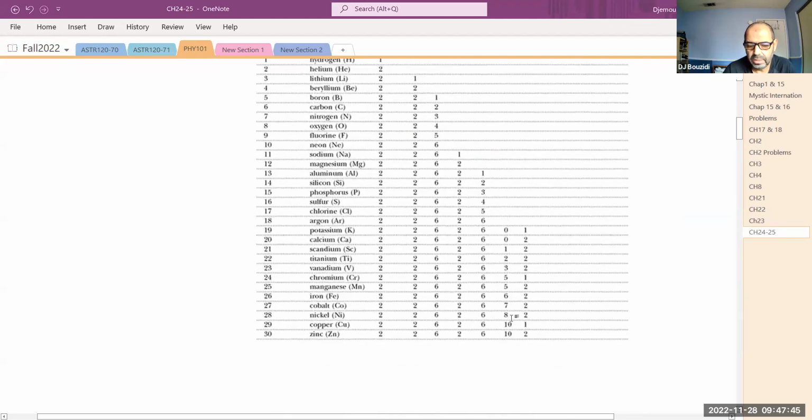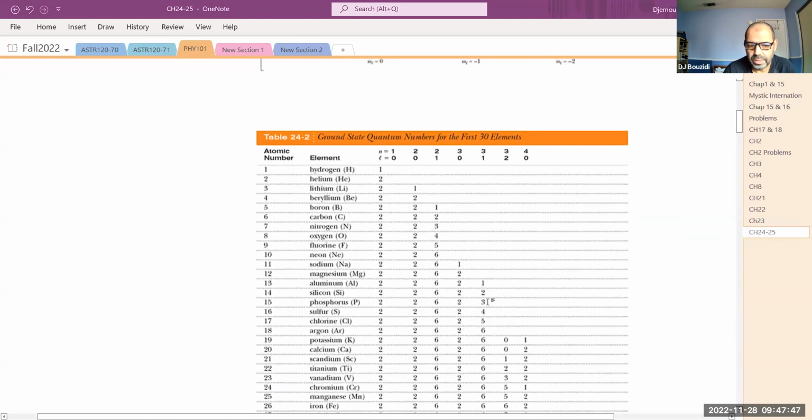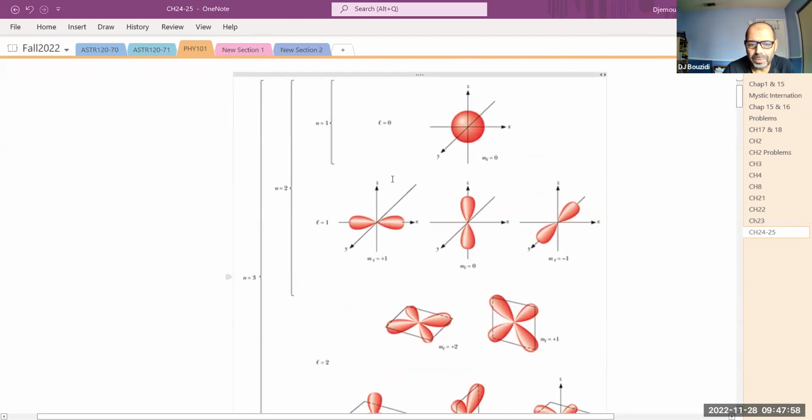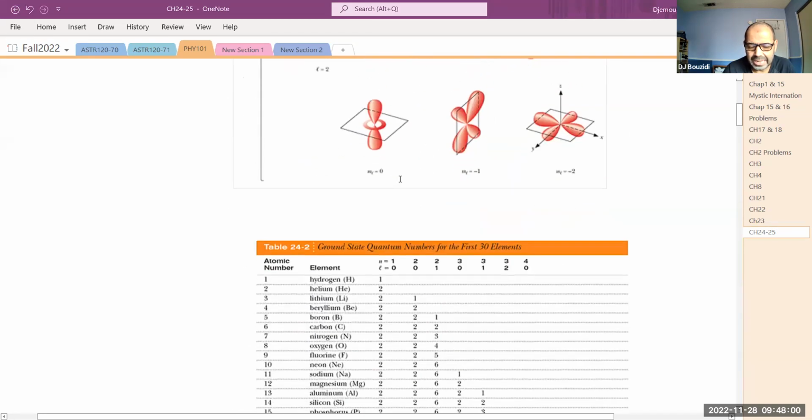Even D is filled in here with 10 electrons. But with L equals 0, I can still put another electron there as long as, if one of them is spin up, the other one has to be spin down. There is another principle I didn't talk about in detail, and that is the Pauli principle. We're going to come back next week and talk about this one. The Pauli principle, in a nutshell,